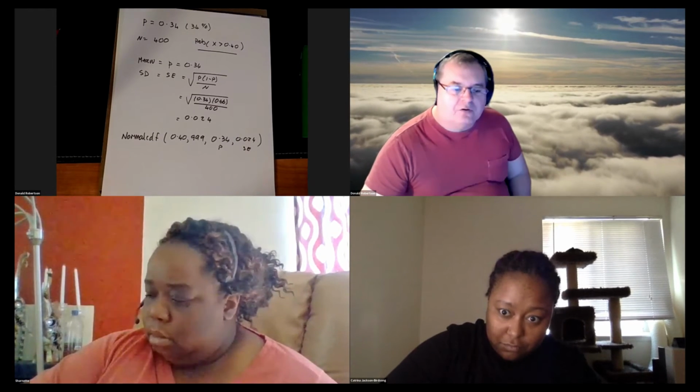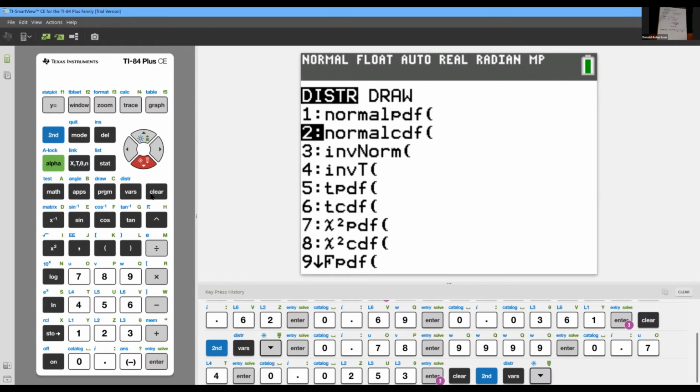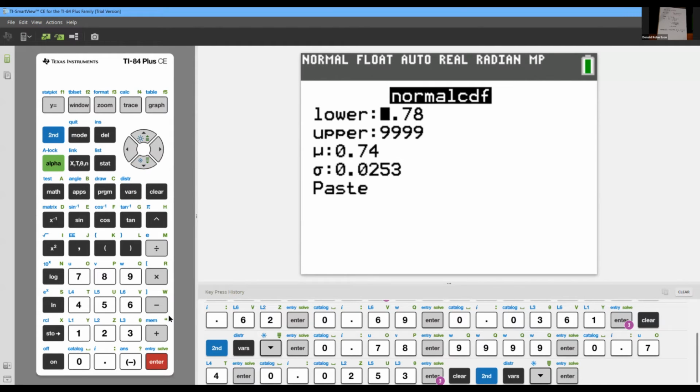Then I'll just go to our calculator. We'll see if we can make that happen. So second distribution, choice number 2, enter. In this case, it's going to be,